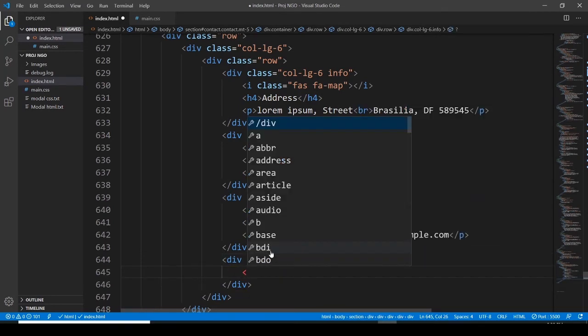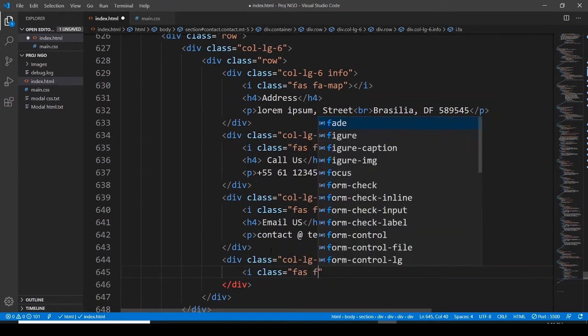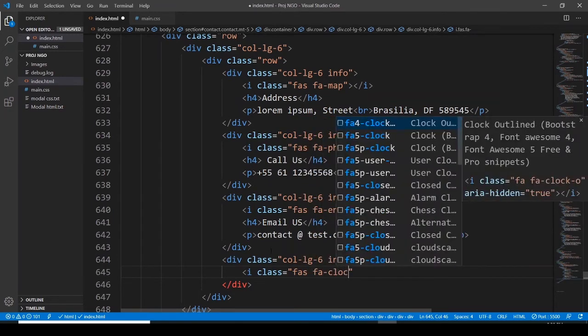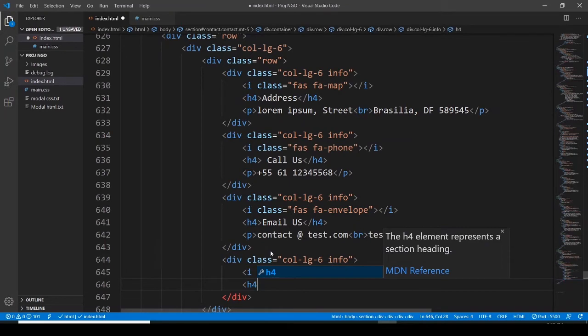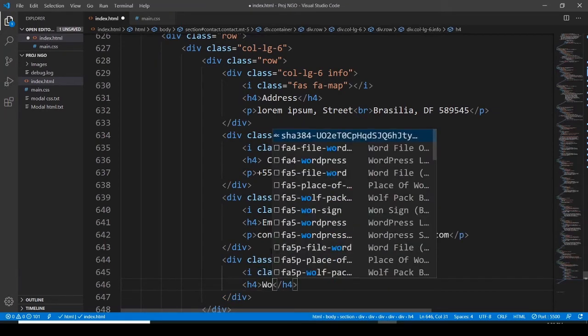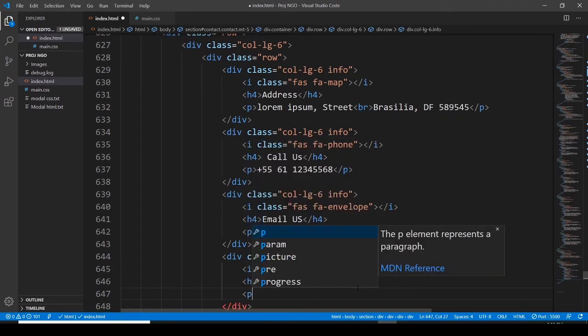And then let's go with I element class of FA clock, and let's say heading 4, and working hours,